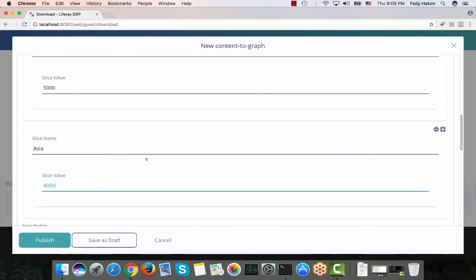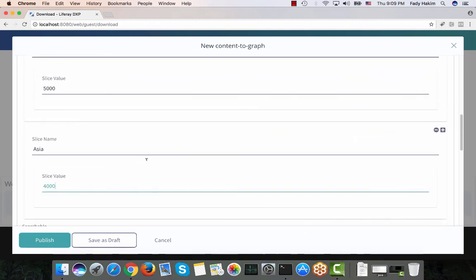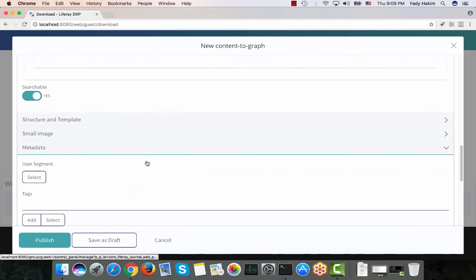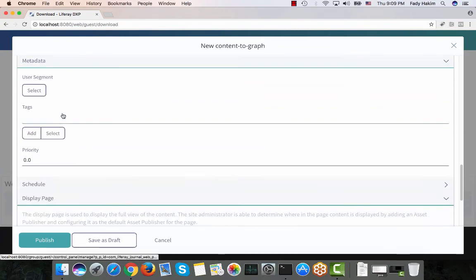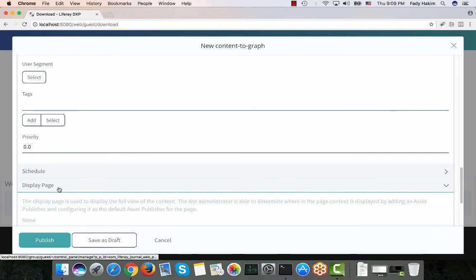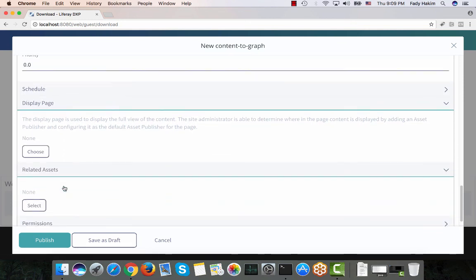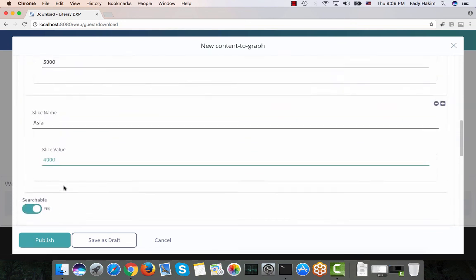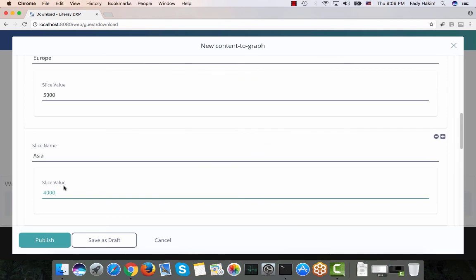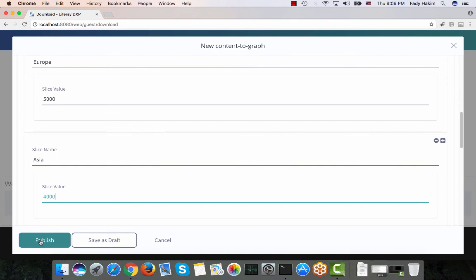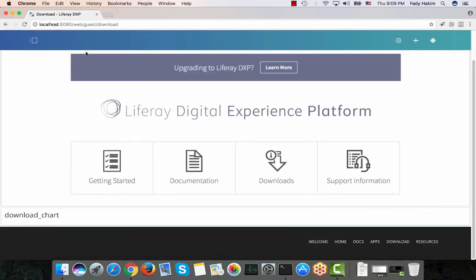So this is just the part that comes from the template. The rest of the web content creation process is the same, from tagging, schedule, display page, everything is the same, right? It's just that part, instead of allowing the user to add code, it just comes with fields that the user needs to fill, right? So just by clicking publish, sorry,